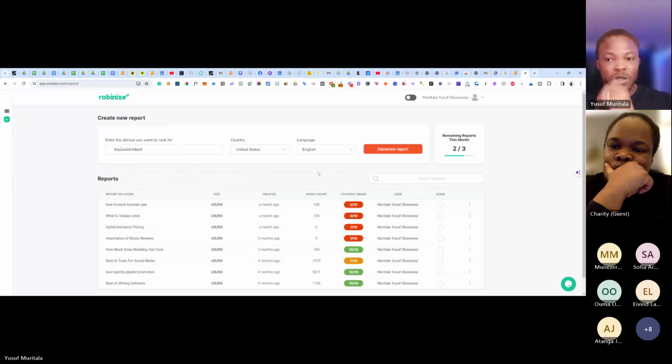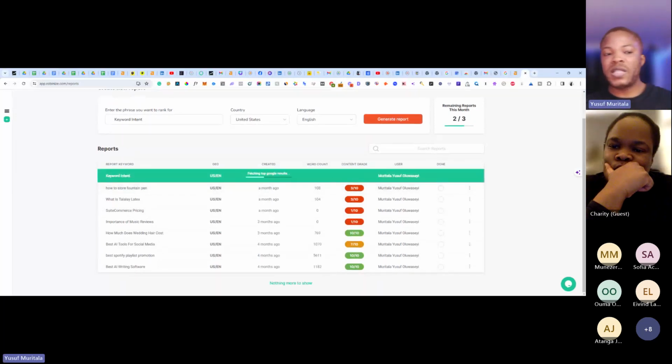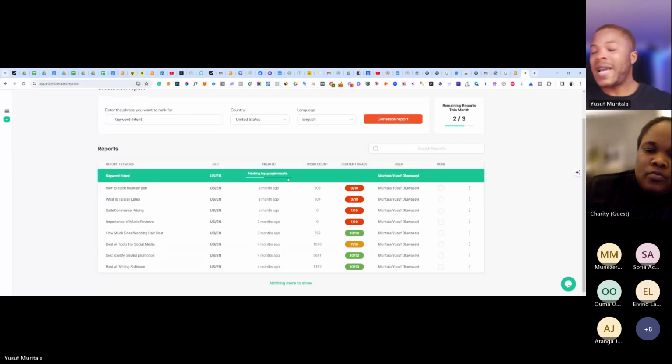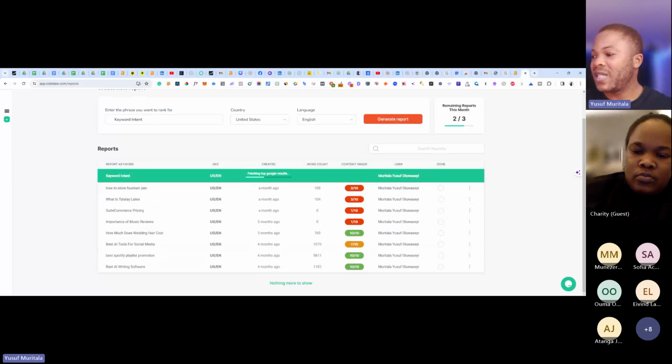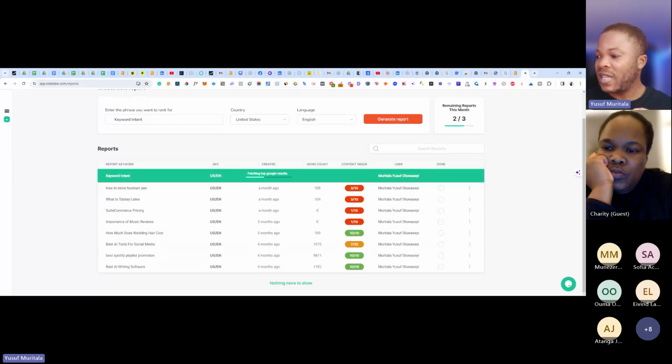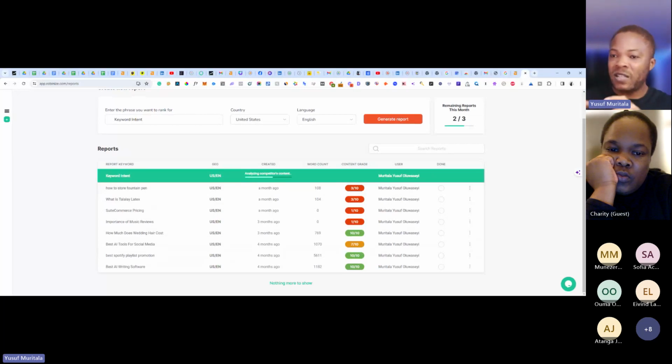So we're going to wait for it. It's going to generate the analysis for us, and then it's going to give us a prompt that we can use to quickly write the article with ChatGPT. And after we put that, we will copy it, and then we start to tweak it.